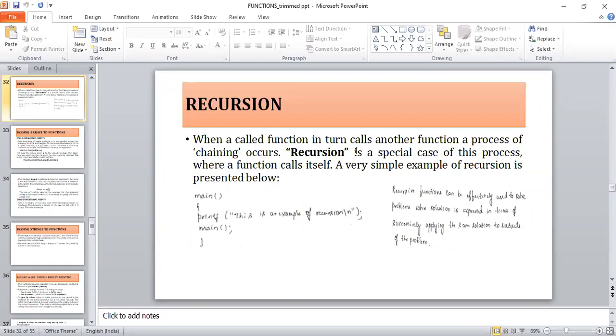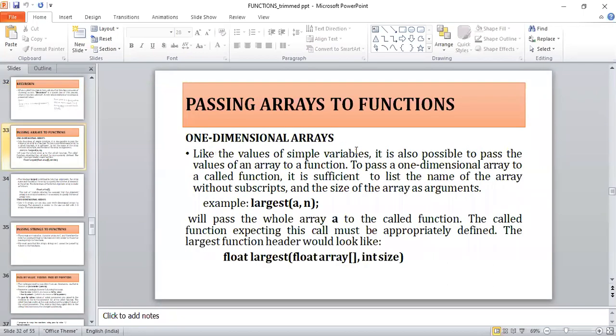Next one is a very important concept: how to pass an array and a string to a function as an argument. Till now we have seen how to pass only a single variable or a single expression as an argument to the function. But how do we pass an entire array to the function? For this we have a syntax.